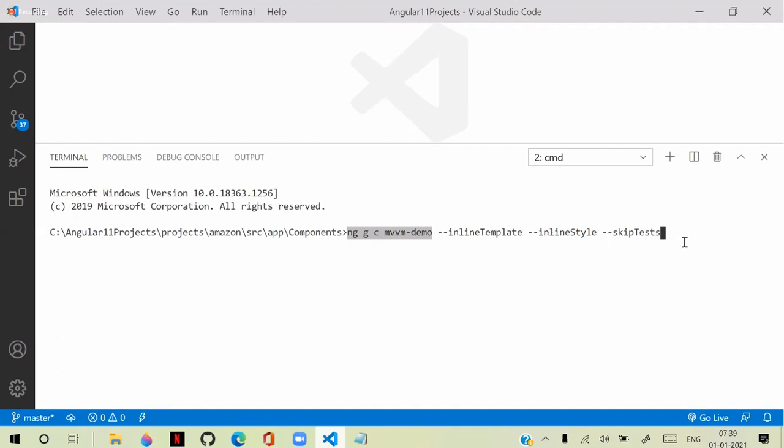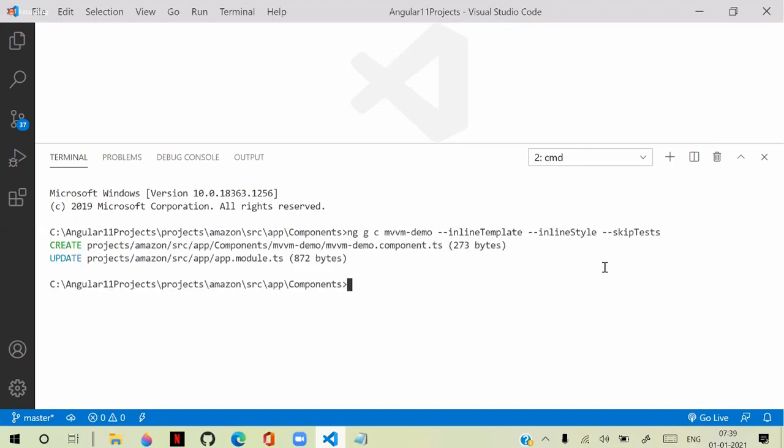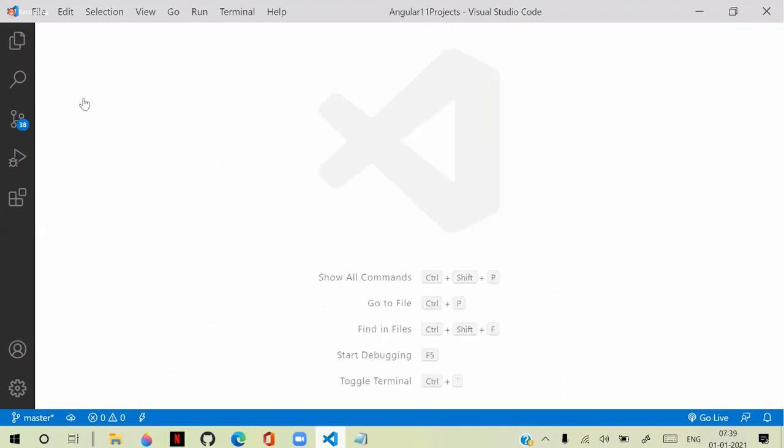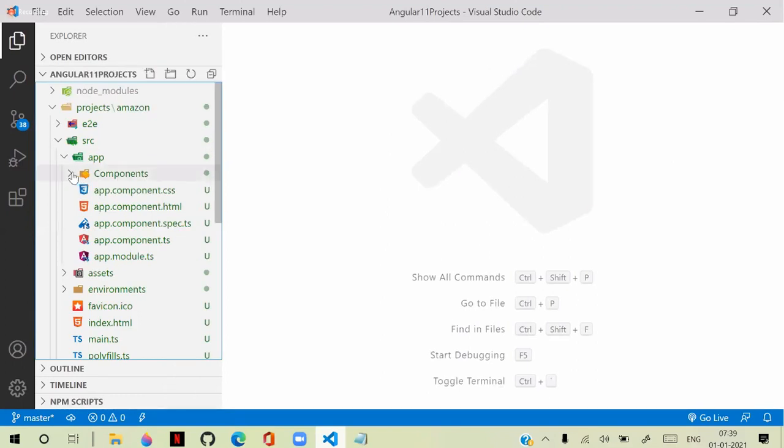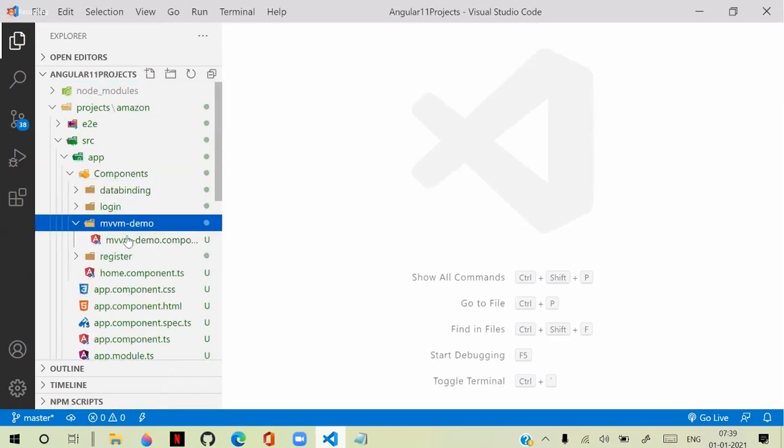I hit enter, and that component is generated. Only the TS file is generated. MVVM demo, only one file is present.